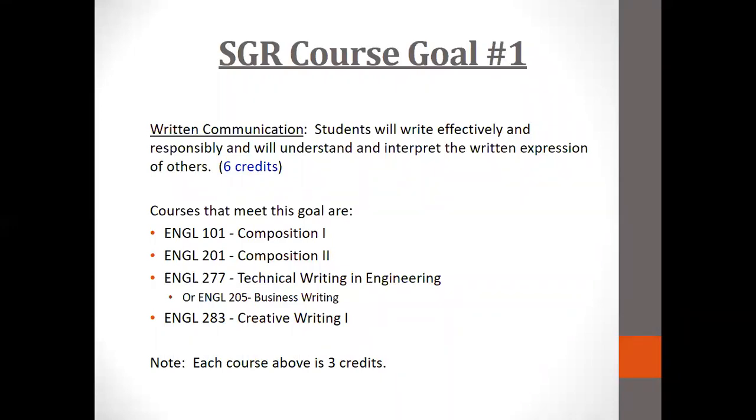So you have to take 6 credits, which is basically equivalent to 2 courses. Courses that meet this goal are generally the top 2 right here, Composition 1 and Composition 2. Now in certain majors, and we'll look at specific majors per person, of course, if you're going to be in an engineering program, they're going to want you to take technical writing and engineering. They might actually have you take composition as well. Or if you're in a business program, they're going to probably want you to take a business writing course, because those are different skill sets that you'll want to have